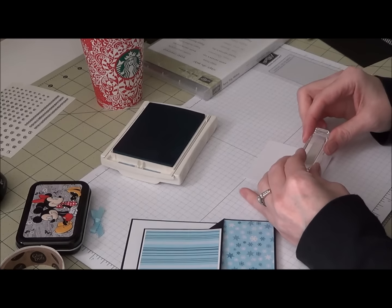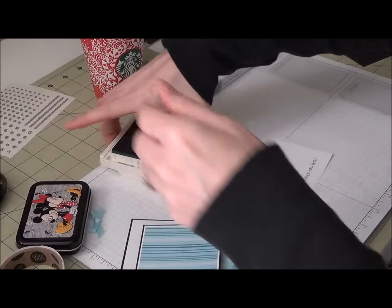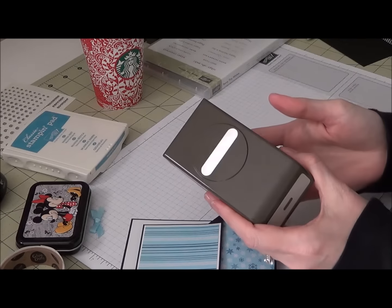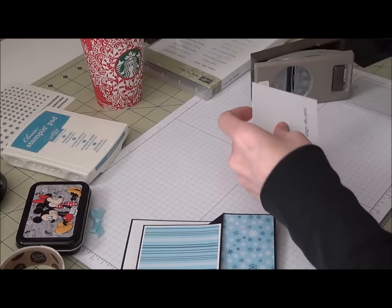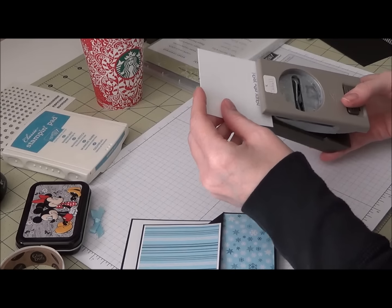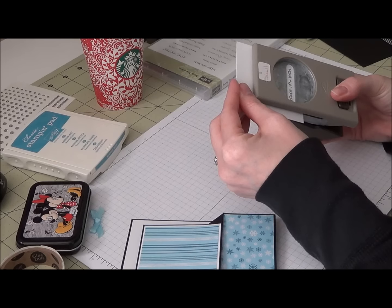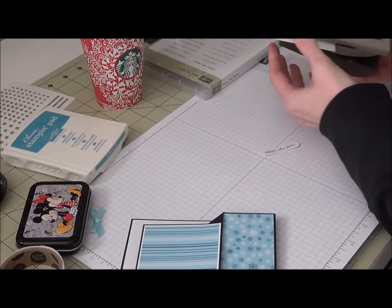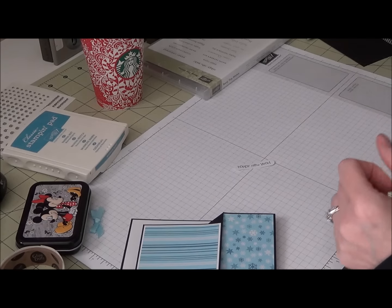So we're just going to stamp that, and we're going to punch it out with the word window punch, which is a retired one. So it's not available now, but you can always probably find it on eBay, or if you know someone who likes to keep up with